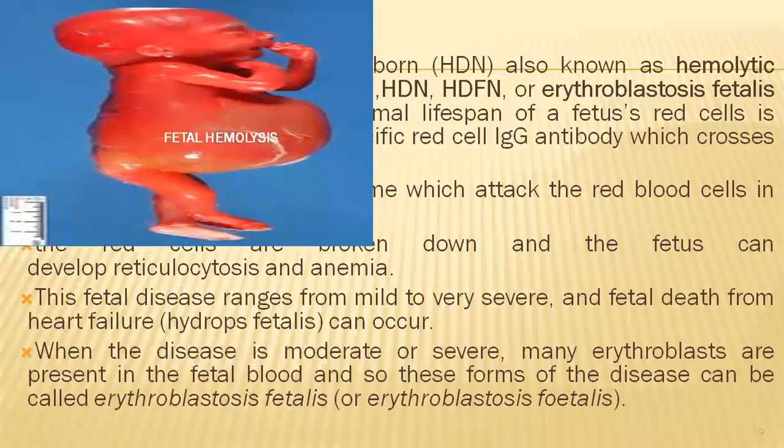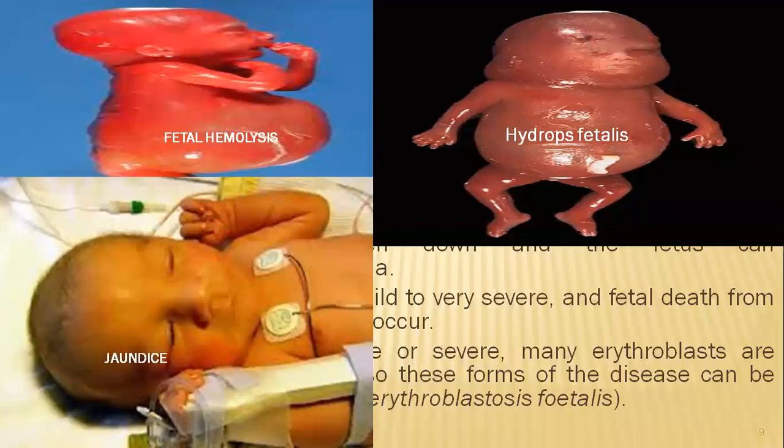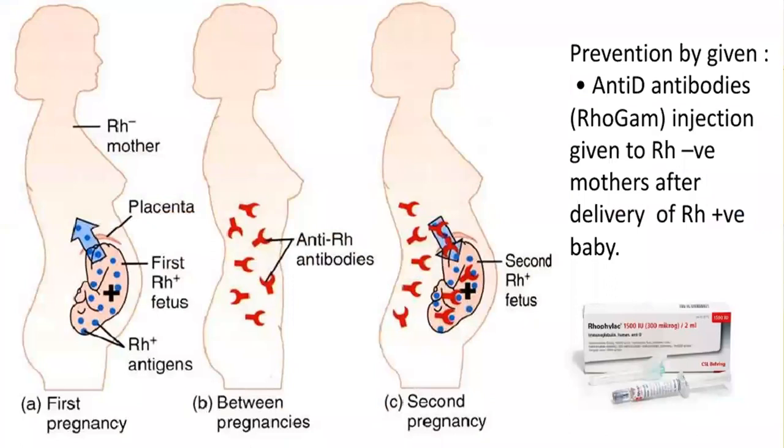So you can see here you have fetal hemolysis because of red blood cells being attacked by the antibody against the rhesus factor. Then you can also have hydrops fetalis. Then you can have jaundice. Okay, so why do you have jaundice in these neonates after birth? Like I said, with rhesus incompatibility, what will be affected is the second pregnancy. Why? It's because the first pregnancy